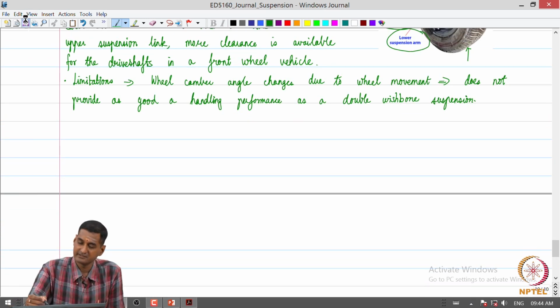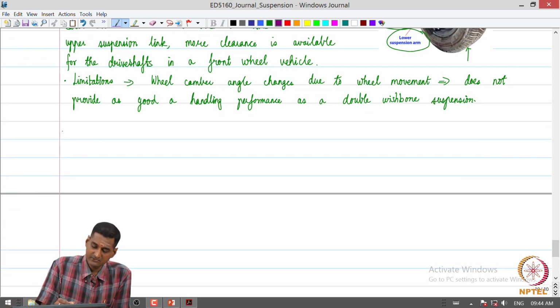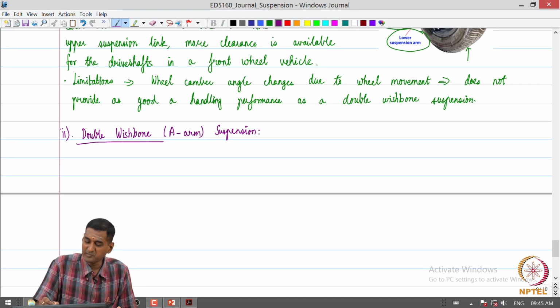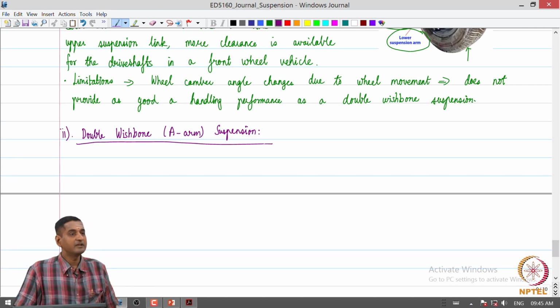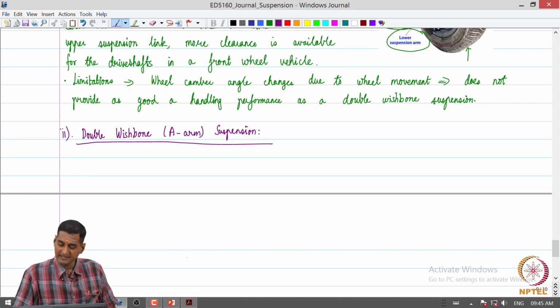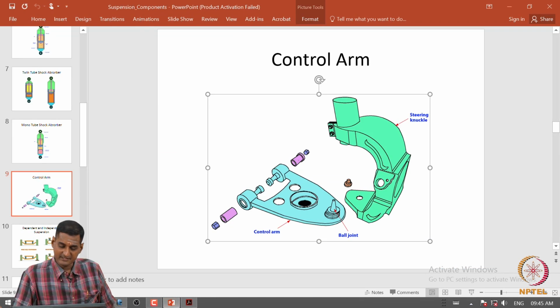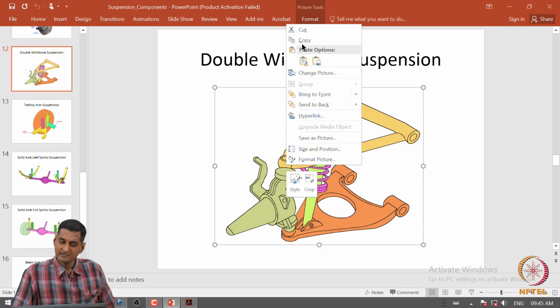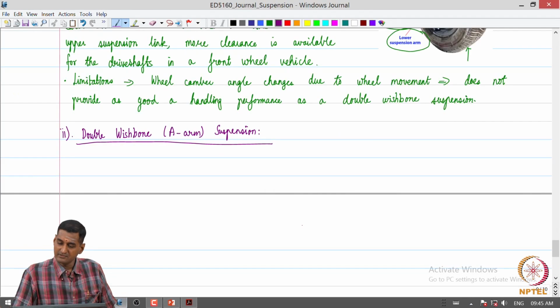Now, that leads us to what is called the double wishbone or A-arm suspension. So, what is this double wishbone suspension? It is once again a very popular type of independent suspension. So, how is it realized and what are its characteristics? So, if you look at a double wishbone suspension,